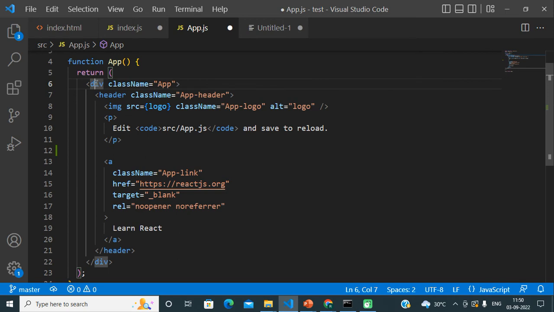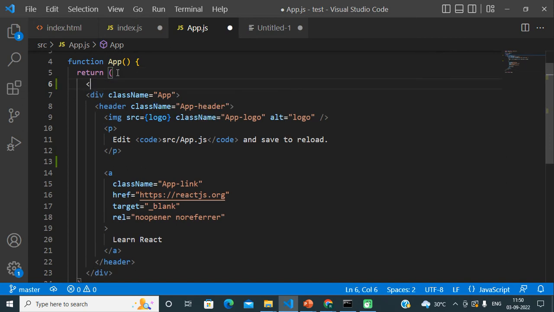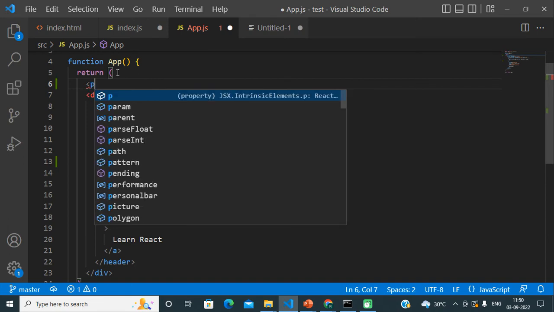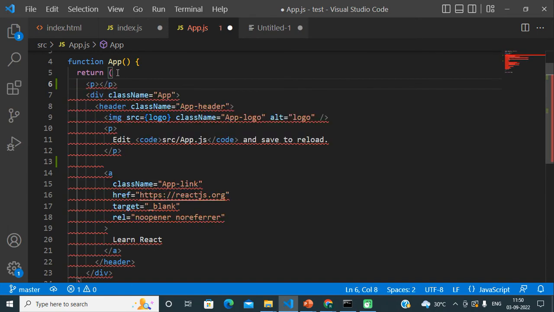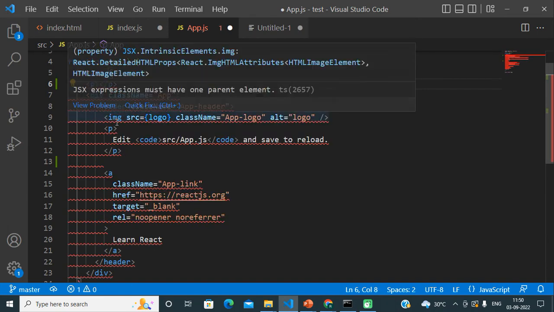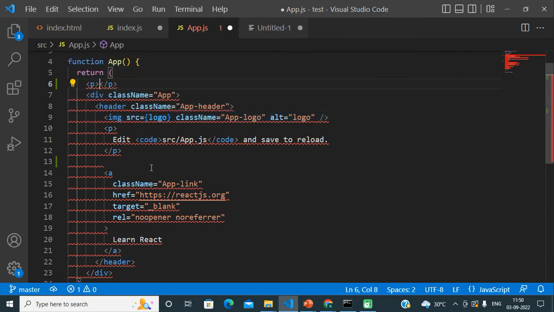We can only return one parent element as a normal element. So basically here we are returning this div. If I try to return some other adjacent element like a p tag or any HTML element, in that case I will get this warning and it will clearly show that JSX expression must have one parent element only.